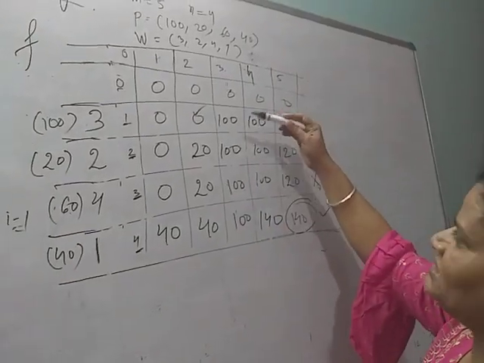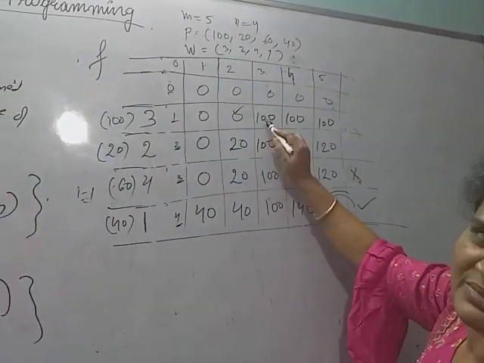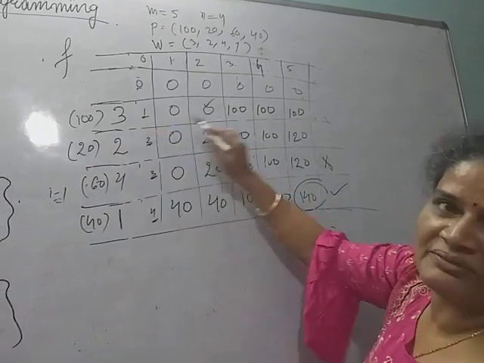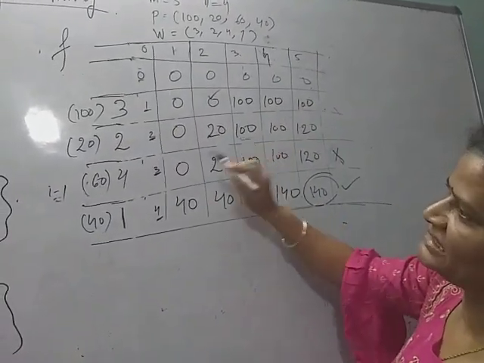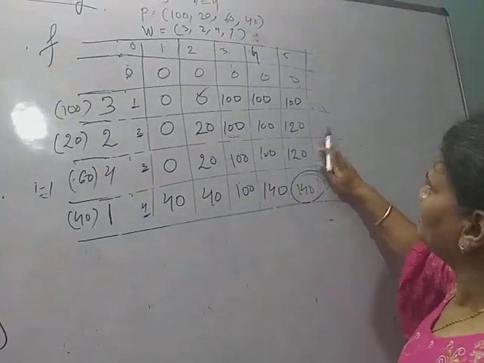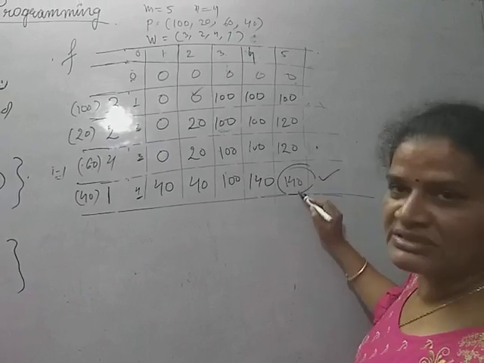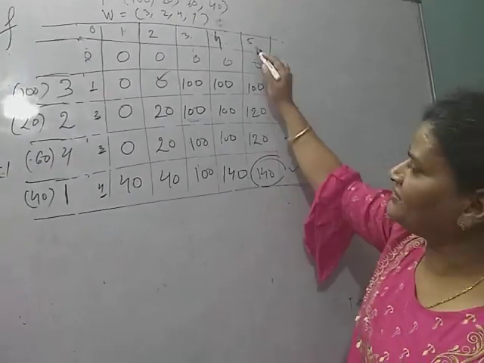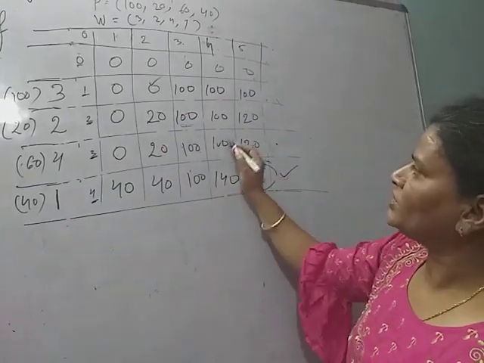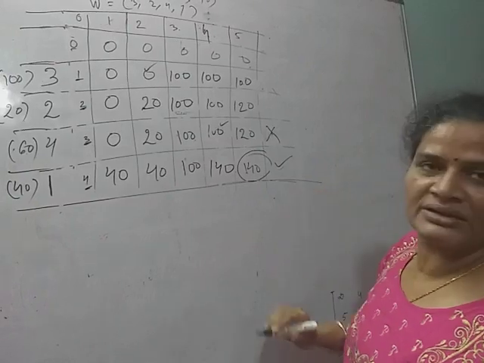Just note down the changes. Just here the 100, not 3. Actually, by mistake I have written the weights here, but this is the profit, and simply here this profit is 100, not 20. Okay. Now just we start from here the 140, and this is not same. So simply this is considered, and 5 minus 1 is 4. So I will go here, but both entries are same, so this is not included.